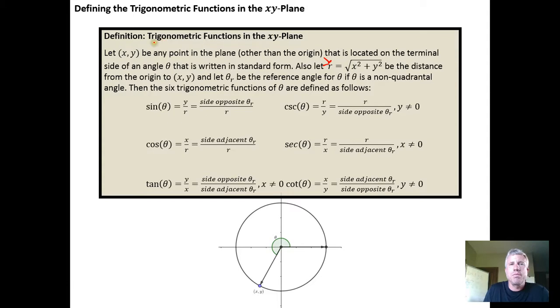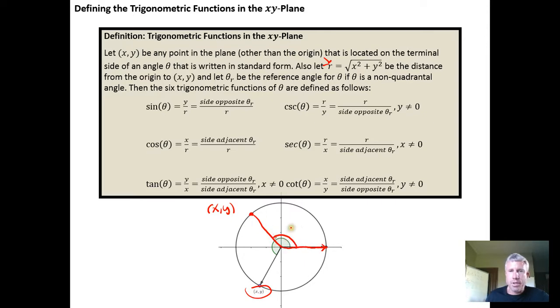So here's the definition for trigonometric functions in the xy plane. It says, hey, let xy be any point on a circle you want, or not on a circle, any non-origin point in the xy plane. So once you establish a point xy relative to the origin, you can make a circle that contains it. So maybe I put my point xy up here in quadrant 2. So xy is any point in the plane that isn't the origin, and then theta is the angle in standard form that you would construct